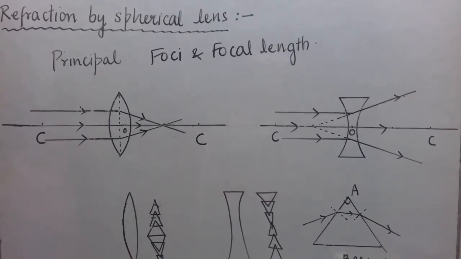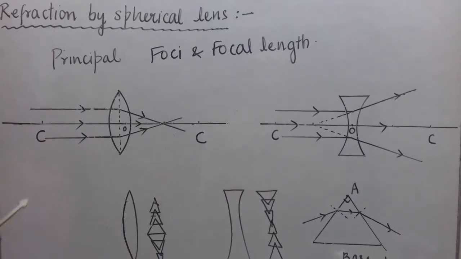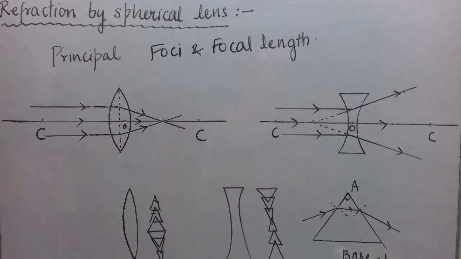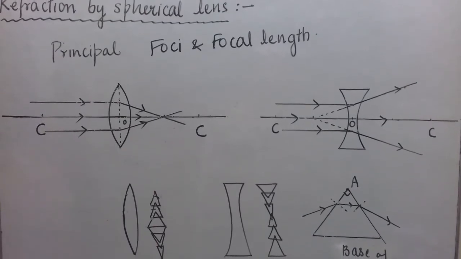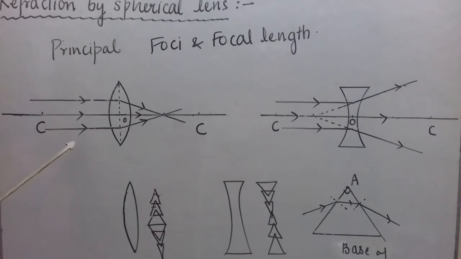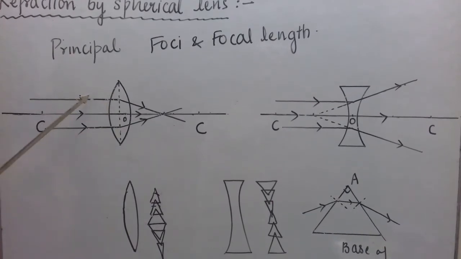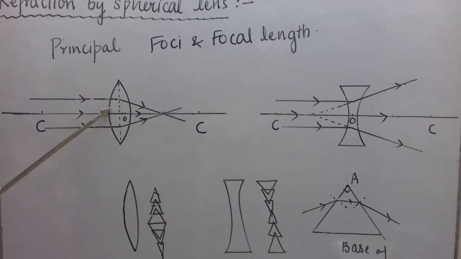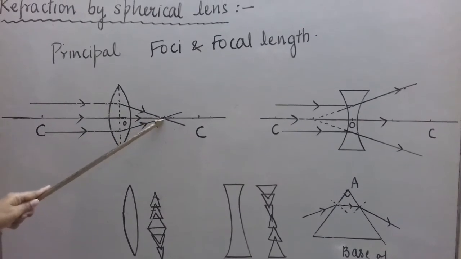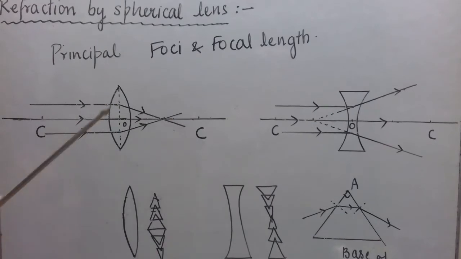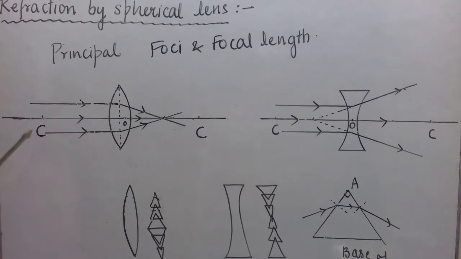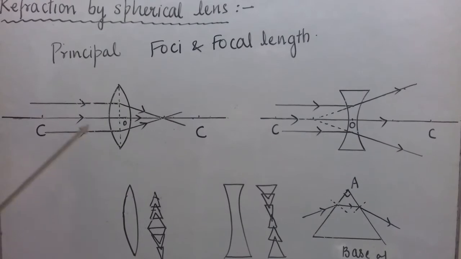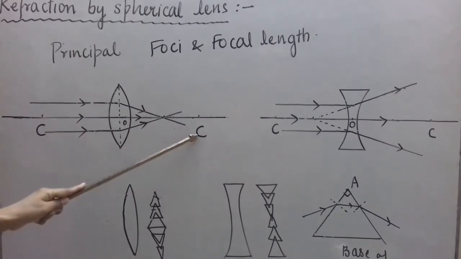Such lenses are called thin lenses, and all the diagrams and all the rules that I am stating are valid for thin lenses only, and even this definition is valid for thin lenses only. Although it is true for all lenses, for thin lenses I will say that this focus lies midway between O and C, midway between O and C on both the sides. So, instead of using the letter C that I have written here, for the ray diagram of a lens I will be writing 2F.